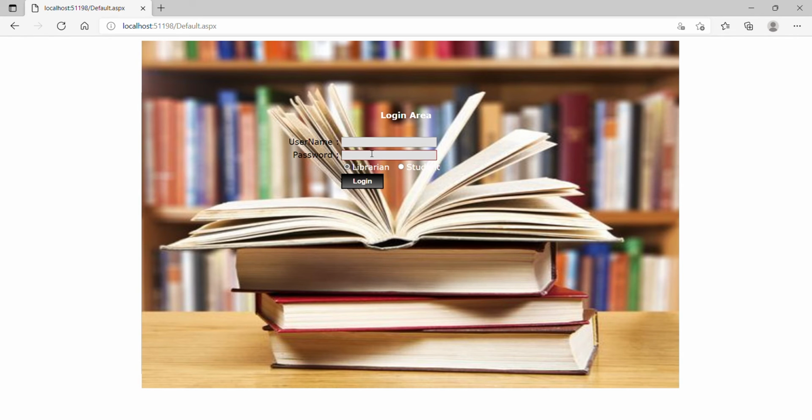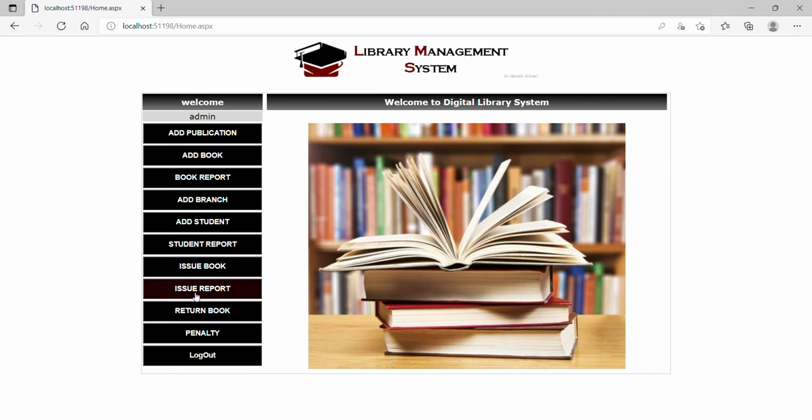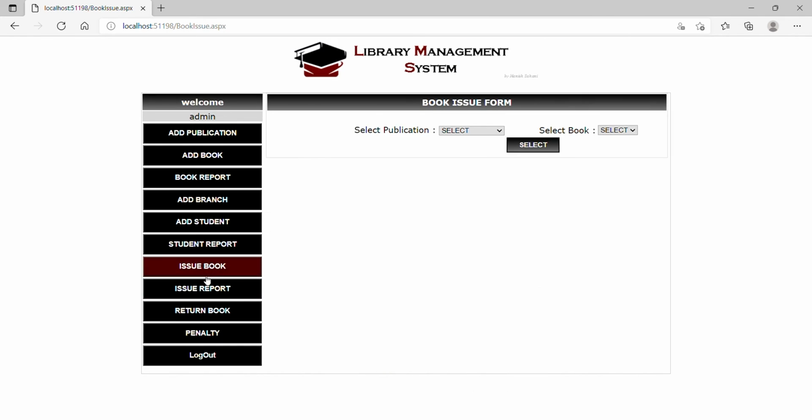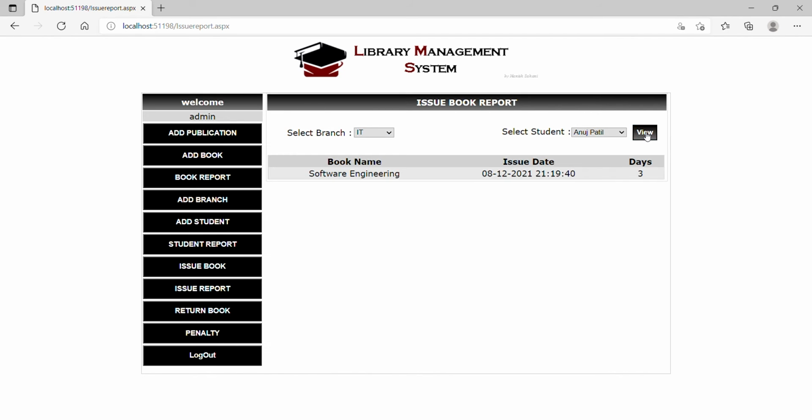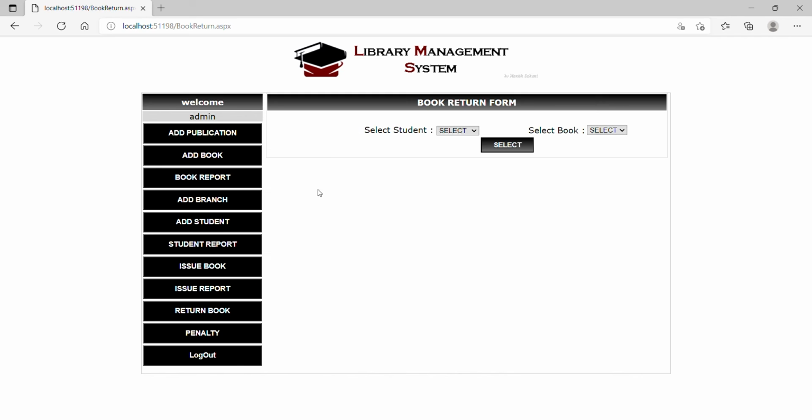Again we will go into the admin module, where we can see the admin login. Now we can see the issue report. So this is for Anuj, given to Anuj Patil. Now we can return the book.